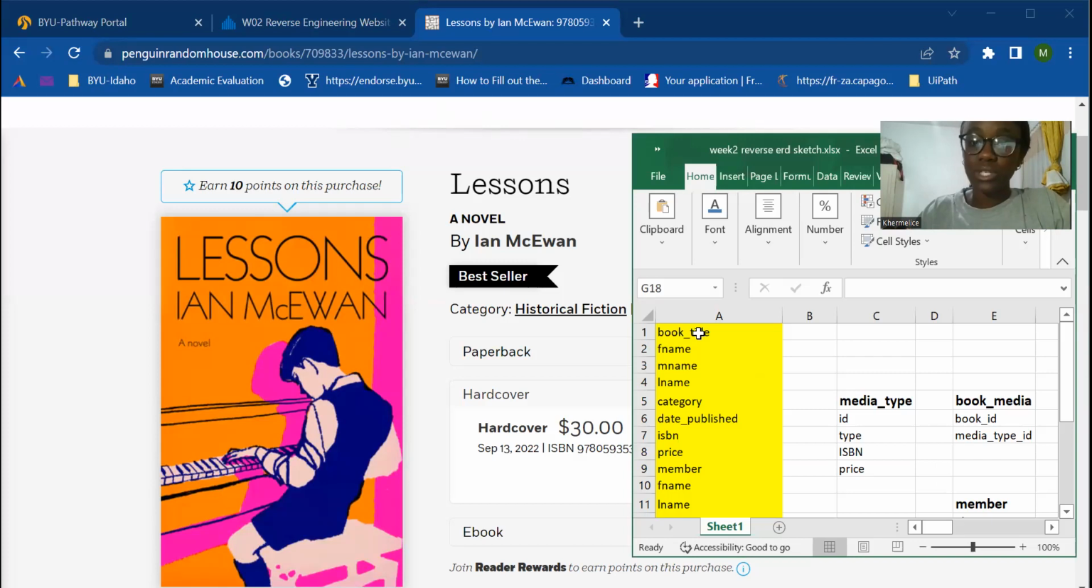So firstly was the book title, the first name, middle name, and last name of the author, the category. Category can be in terms of genre, so it can be the subgenre or the whole genre. The date published, the ISBN code, the price,